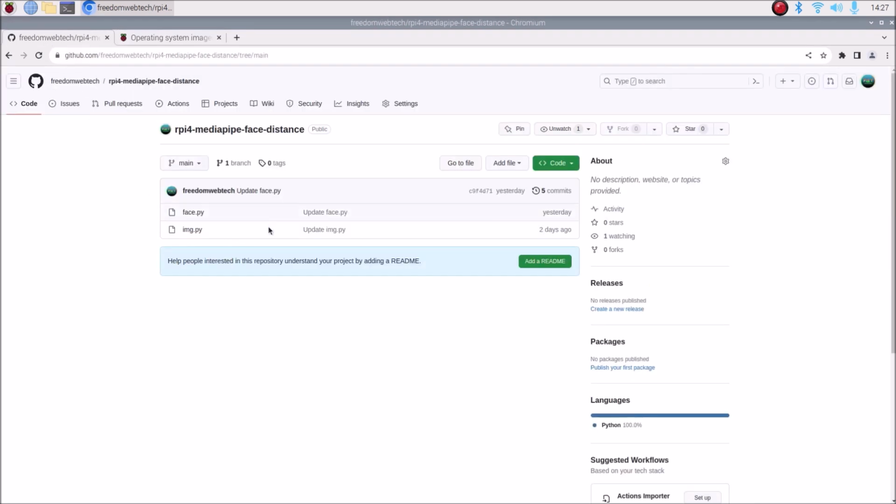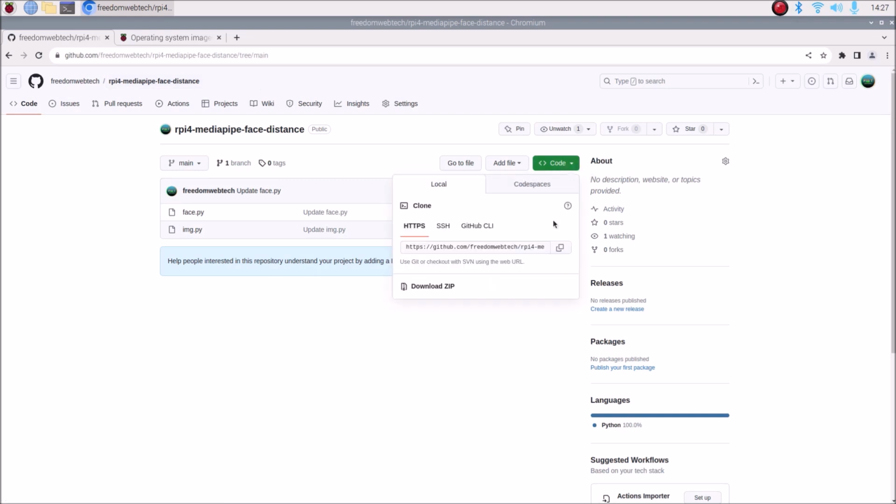For today's session, I have created a new repository, and the name of the repository is rpi4 mediapipe face distance. I will mention the link inside the description box. Simply copy and paste the link inside the browser. Then go to the code and just copy the link from here. Just copy it, open terminal,